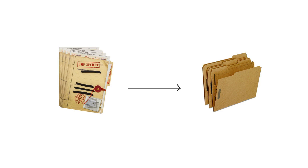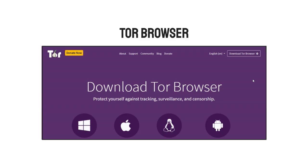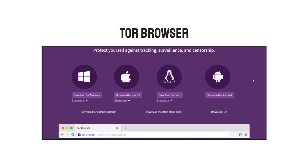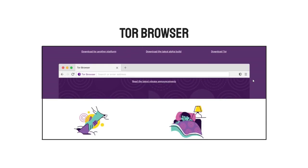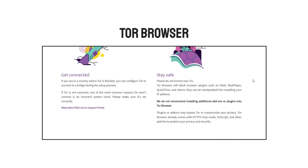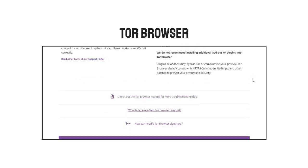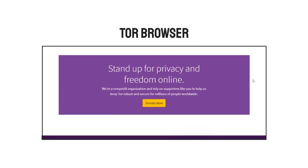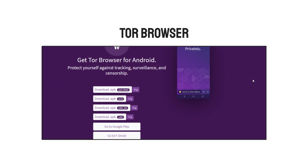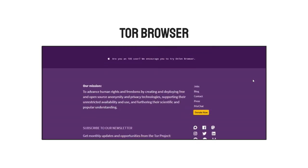wrong hands. Moreover, journalists can further enhance their online security by utilizing the Tor browser. Tor, short for the Onion Router, is a free and open-source web browser that anonymizes internet traffic by routing it through a network of volunteer-operated servers. The Tor browser protects against network surveillance and traffic analysis, making it difficult for third parties to monitor or trace users' online activities. This is particularly crucial for investigative journalists who may be under constant surveillance by authoritarian regimes or